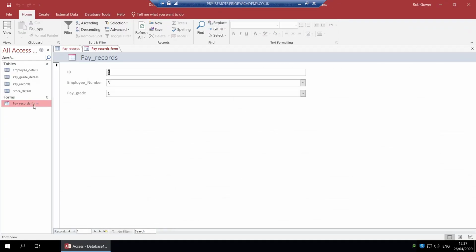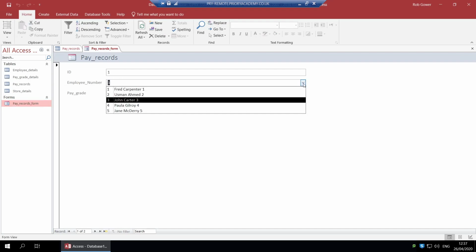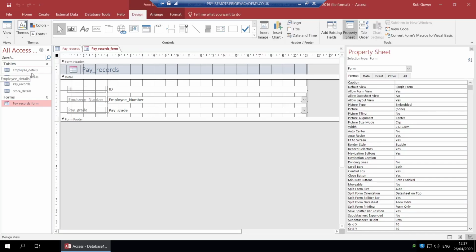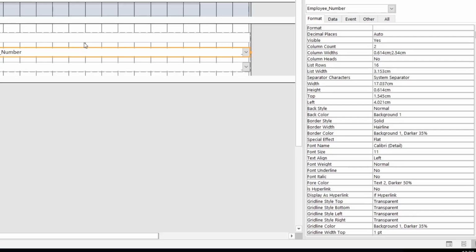Just as a side note, when you've selected something, it's going to show the first option. So when I selected 3, it's showing 3. It's not showing his name. You can get around that. If you go into Design View, click on the one you're interested in, go over to Format, and set. So it's saying it's showing 2 columns. Column widths are this and this. If we set this first column to 0,